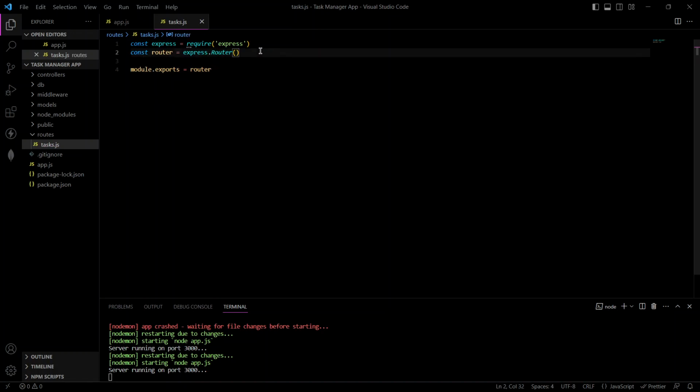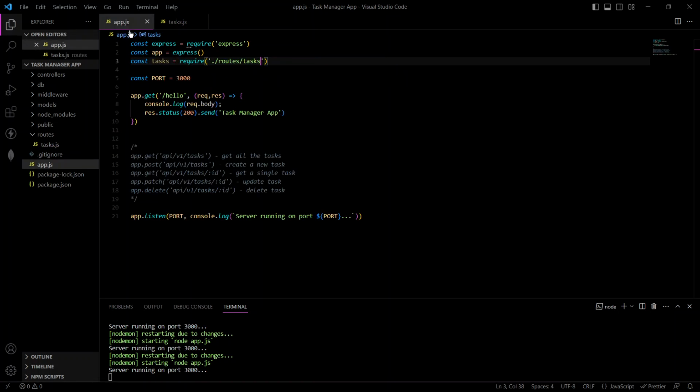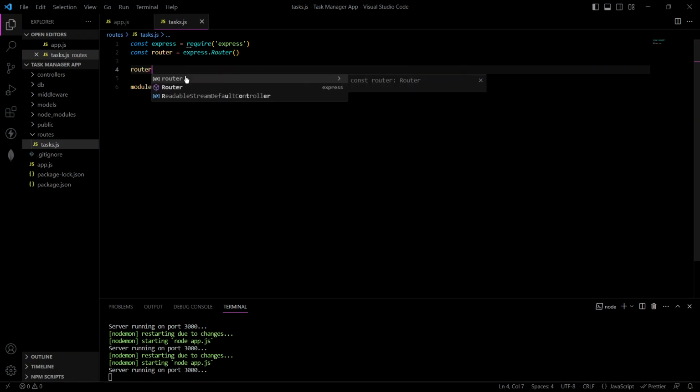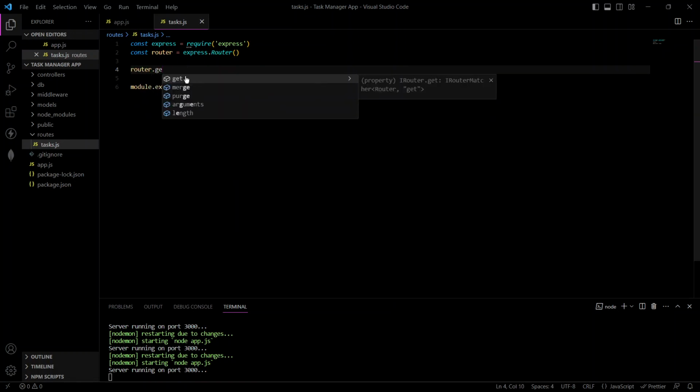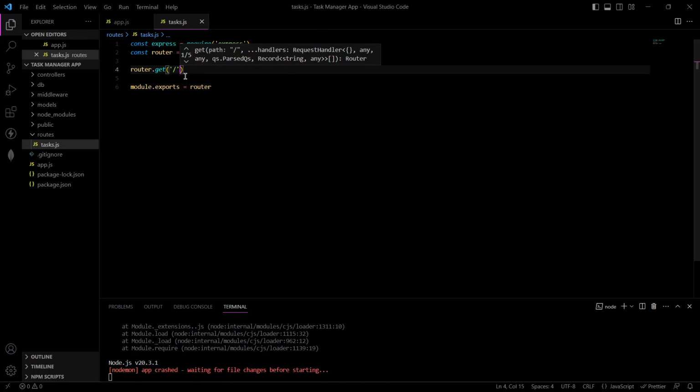And then inside this place, I'm going to be creating my route. As I explained before, we have 5 routes I'm going to be creating: get single task, get all tasks, create task, update task, and then delete task. So let's get started. Actually, I can write router.get, then the path I want,